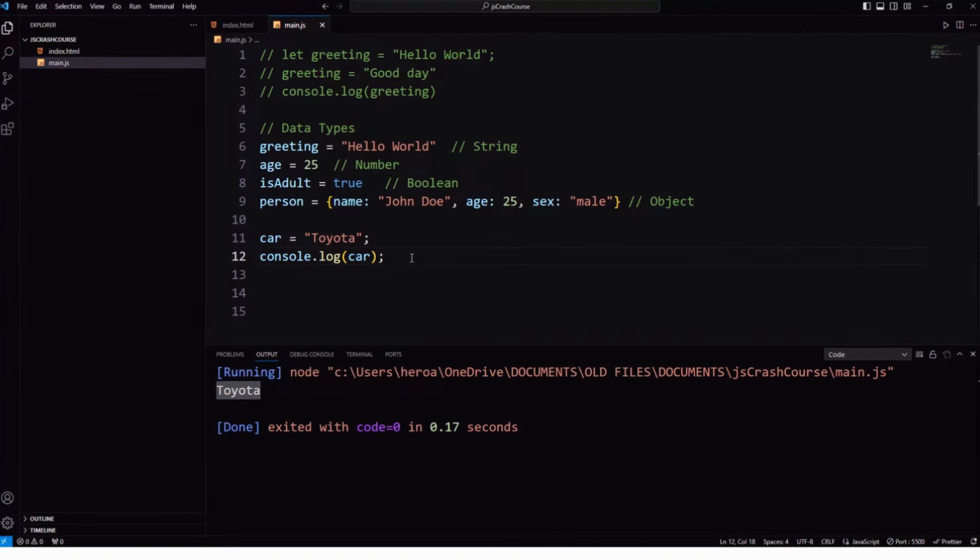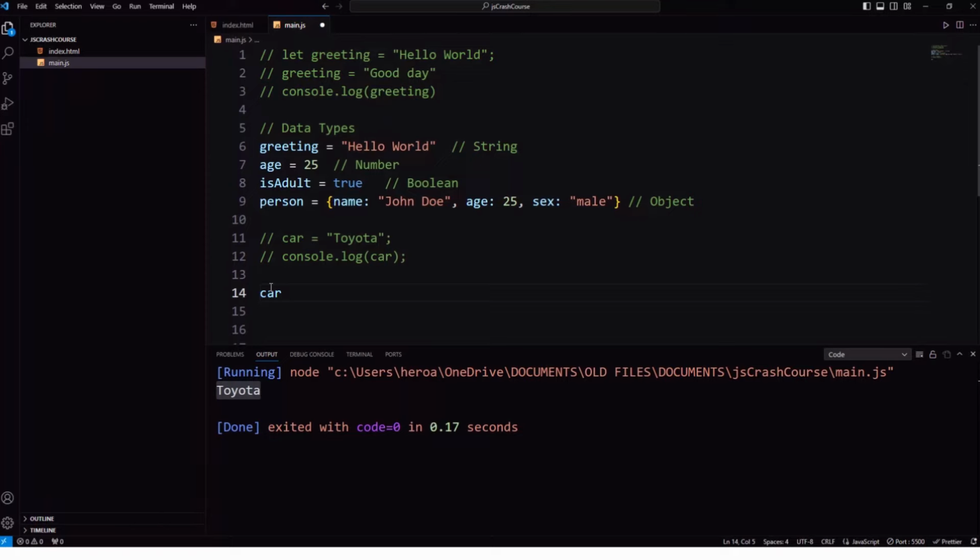But supposing I want more information about this car, okay, I want to put it in a variable car, and I say, give me the car name, the model, the color, right? And I want all that to be in the variable car. What am I going to get? That at the end of the day becomes an object. It's no longer a string, right? This can just be seen as a string. But when I now need more information embedded in that same variable car, that becomes an object. So now, let's comment this out, and I say